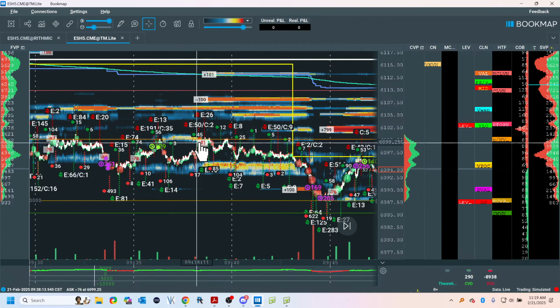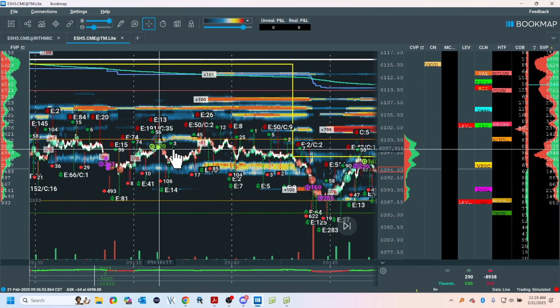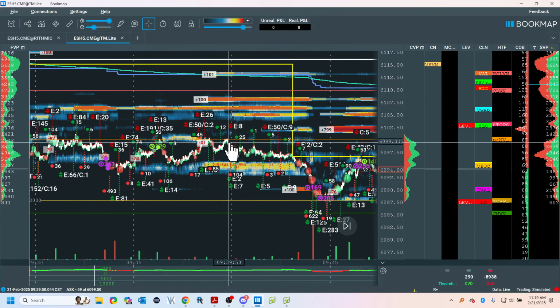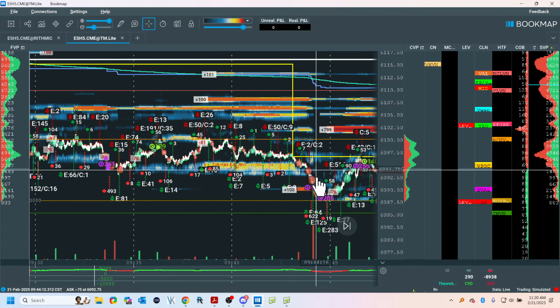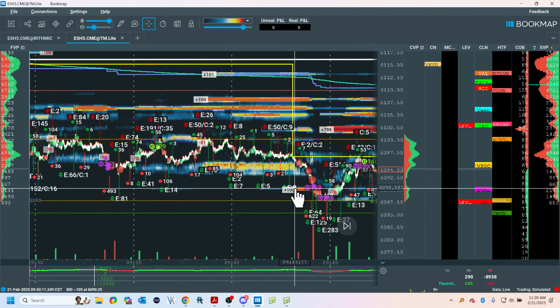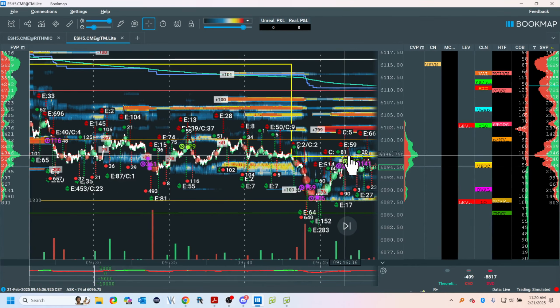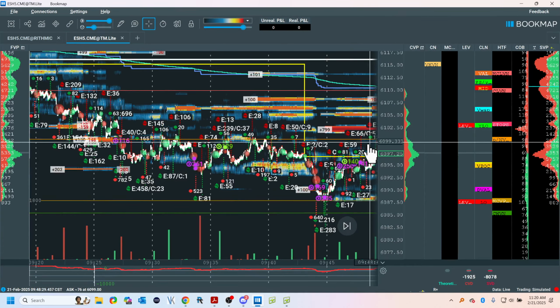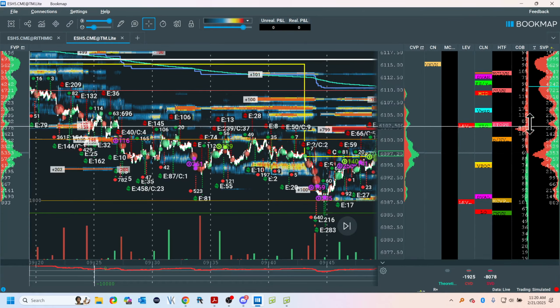What happens when I come back here? These sellers are still hitting it. Now they're taking over. Look, VPOC migration. Hasta la vista. Thanks for playing. Give you the coupon to the buffet. Watch. Now, if I come across here, then I have to go into mean reversion. Where's my outside edge? It's here and yesterday's low. So if I rotate up and I've got this guy in the book, we have to see what happens here. I'm looking for shorts to come back here. So that's called mean reversion.